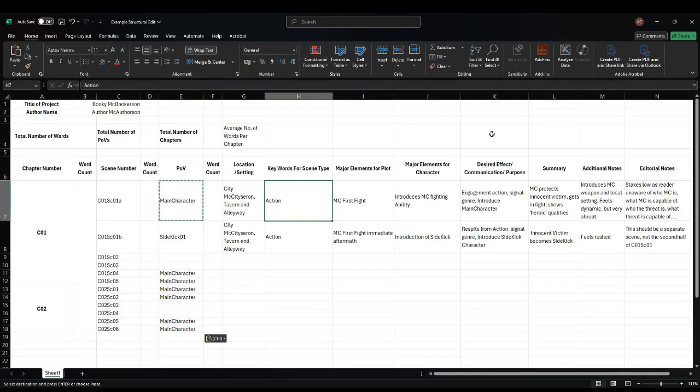Is equal or near equal time being given to equal or near equal points of view? Or is one of them actually a main character and the main focus? In which case, we need to stop thinking of them as equal points of view. We need to think, no, this is main character and this is supporting and secondary character, because that's how the book actually turned out to be written. Having these things is a way to map it out,